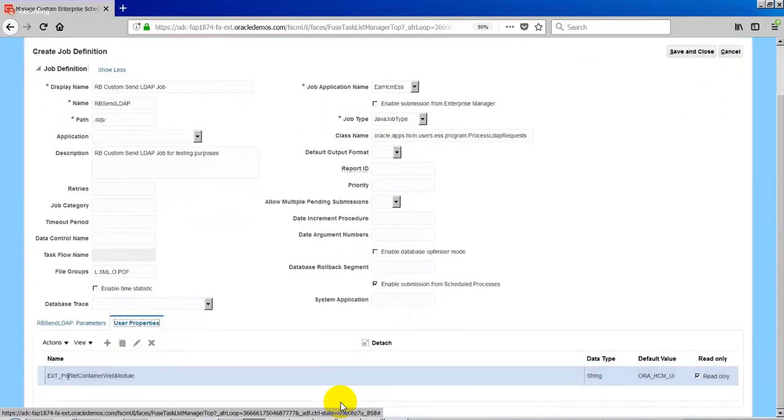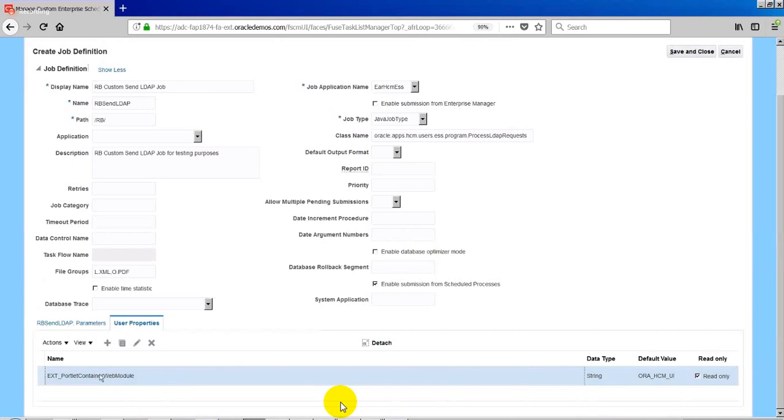So we have created this one. This parameter, ext underscore portlet container web module, is a very important parameter. It typically specifies from which web tab you are going to run this program.